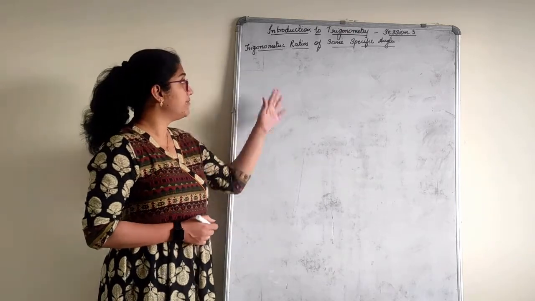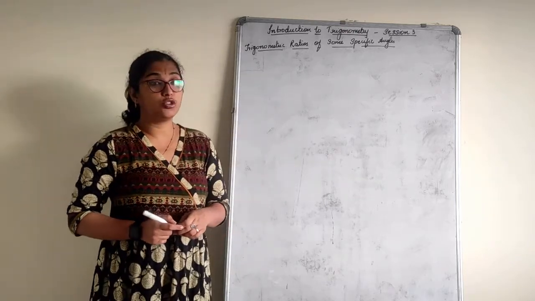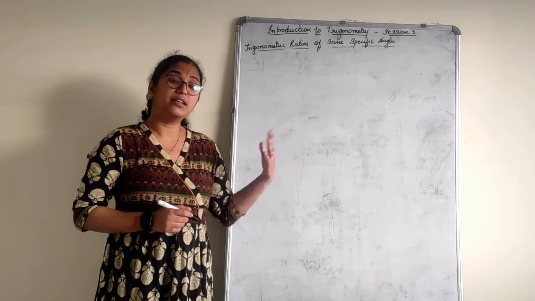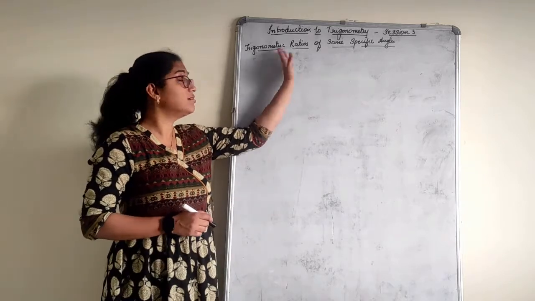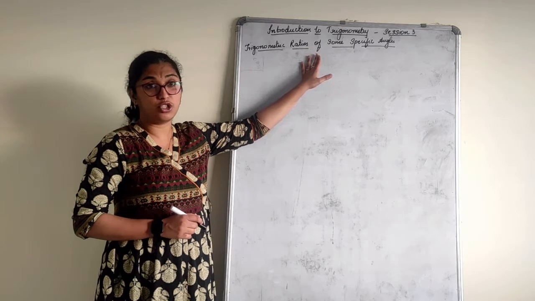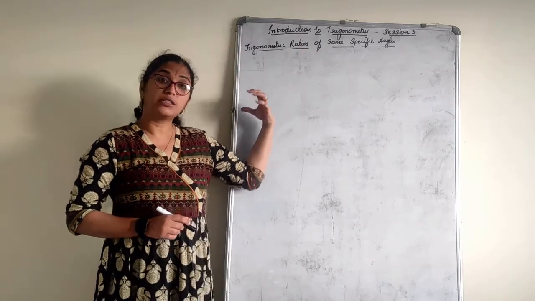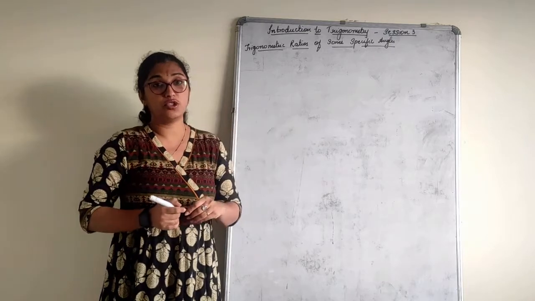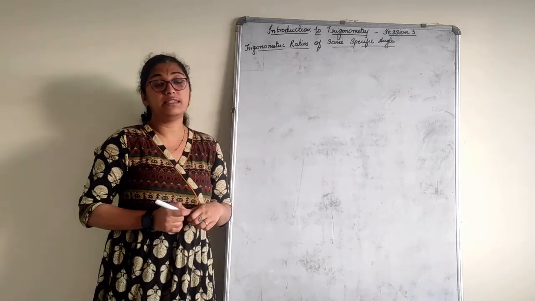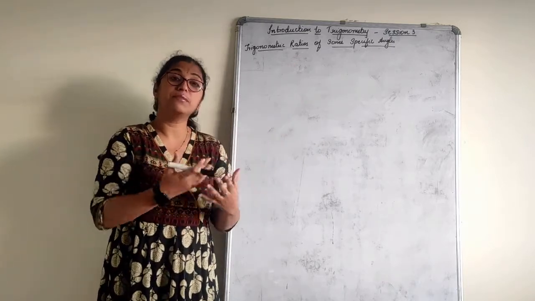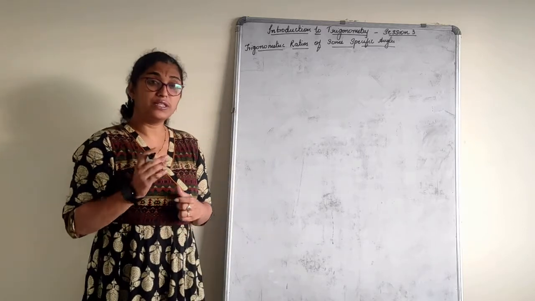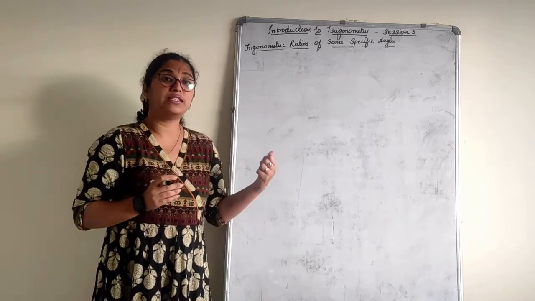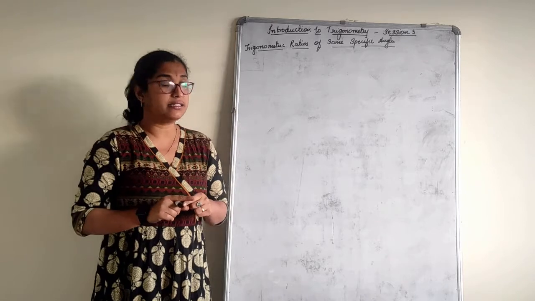In today's session, we'll understand trigonometric ratios of some specific angles. In the previous session, we learned the trigonometric ratios, that is T ratios, how to find them, and in numericals, how we apply those T ratios. Today's session will understand these ratios of some specific angles. First we'll understand a few derivations of these angles and then we'll understand the table.